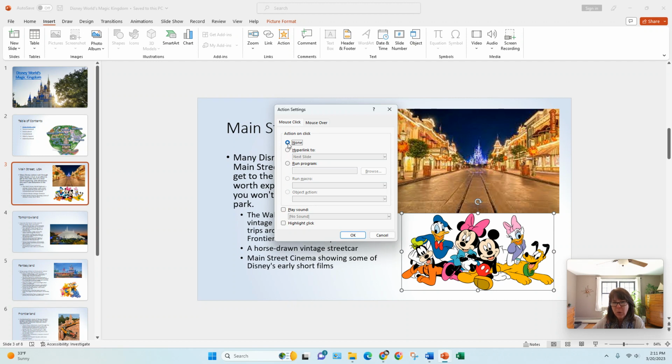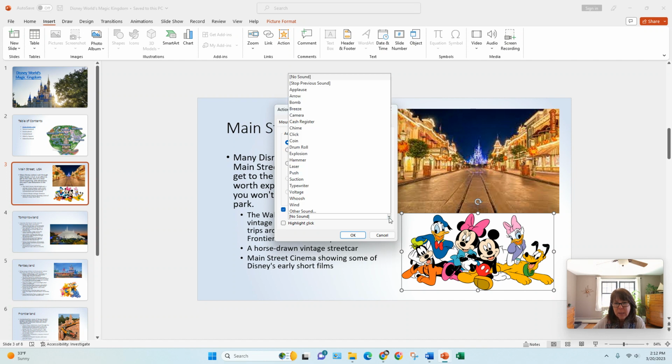So right now, this has no action associated with it. If I wanted to link somewhere, like to another slide, I would choose hyperlink to, and then just pick where I want to go to. Run a program. So if I want to open up a program like Word or Excel or Google Chrome, I could check this off and then browse and locate that program. I'm going to play a sound. So I'm going to choose play a sound, and I'm just going to choose one of the sounds that comes with PowerPoint. So let's do a drum roll,